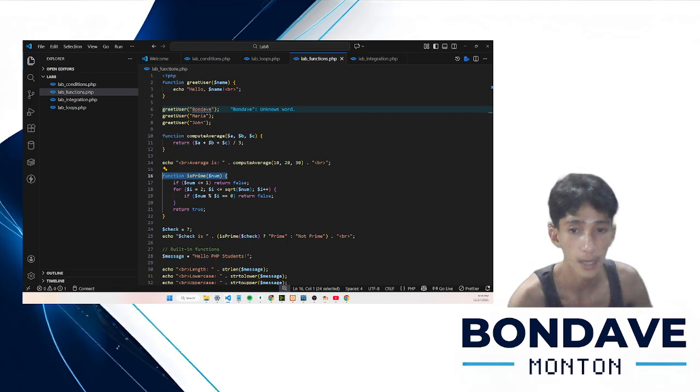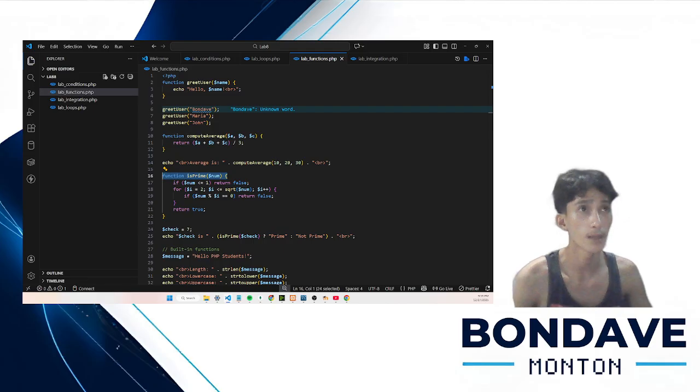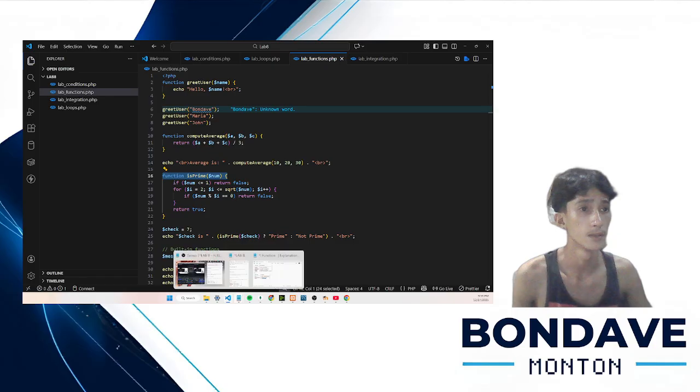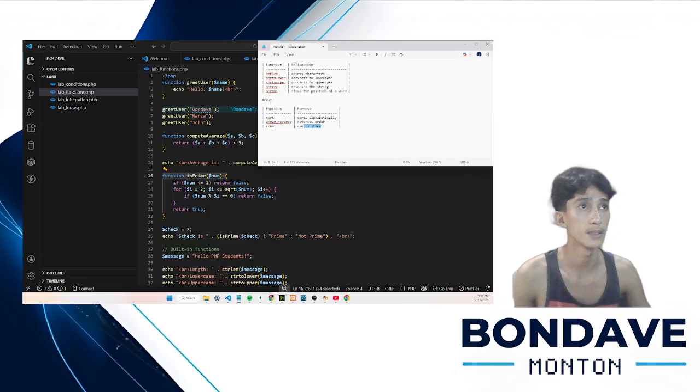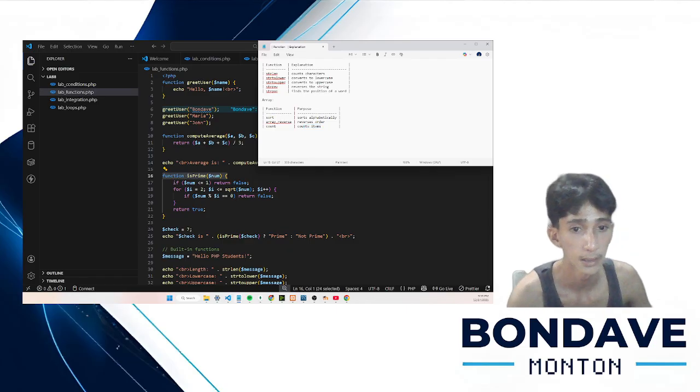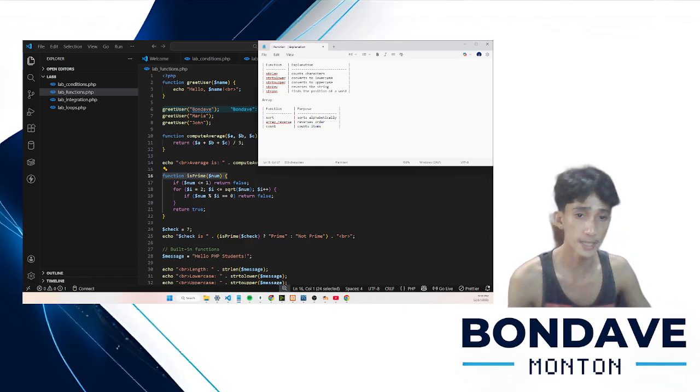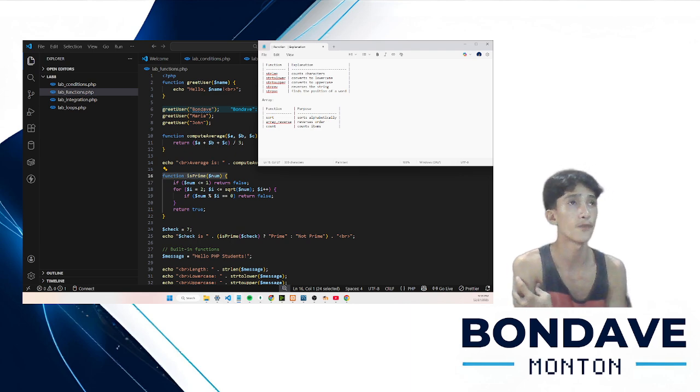Now, I have here some built-in functions. PHP provides built-in functions that make common tasks faster.